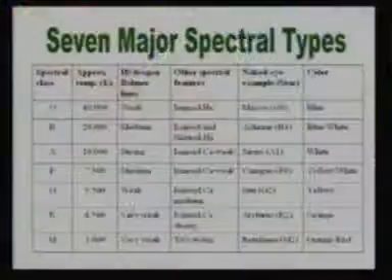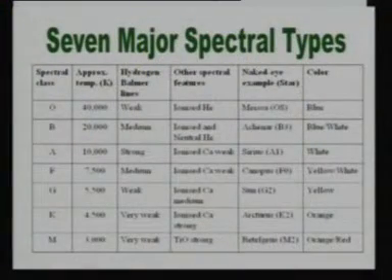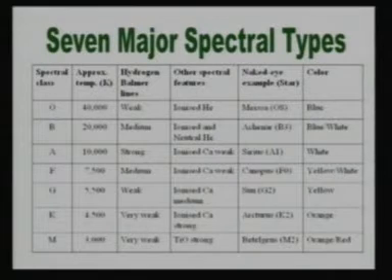Professor Saha proposed that the true significance of stellar spectra is that it tells us about the temperature of the star, the surface temperature of the star. Let us take once again that table. You see, the hot stars have very high temperatures, 40,000 degrees. At that temperature, if you remember your physics, all elements are ionized, including helium. Helium is the most difficult to ionize. Including helium, they are mostly all ionized.